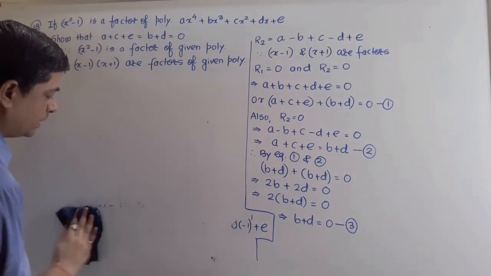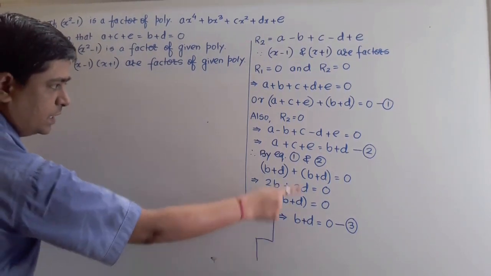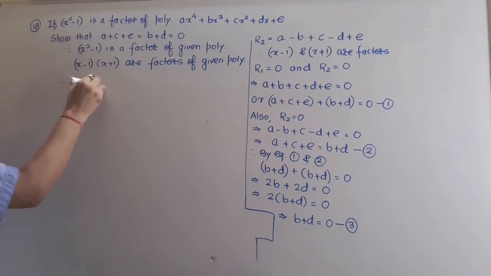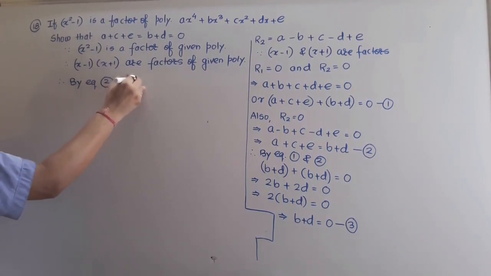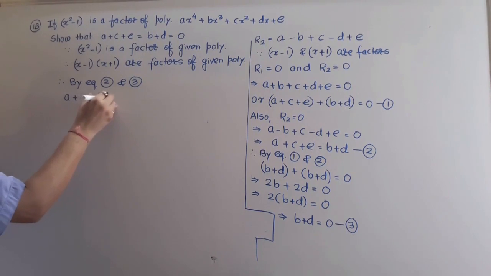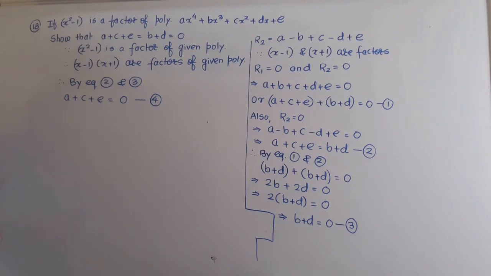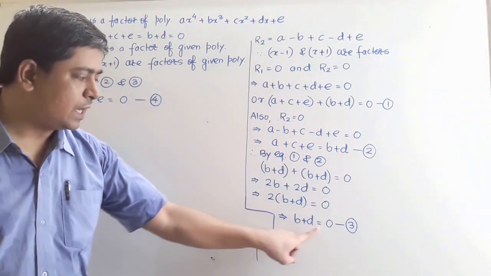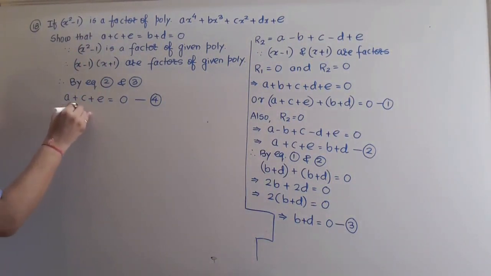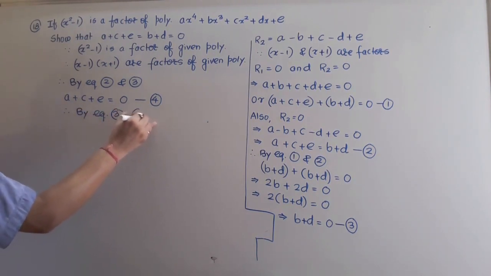So in the remaining part, the value of b plus d I am keeping in the second equation. So we can say that therefore by equation second and third, okay, b plus d value, if I keep it 0, so a plus c plus e will also be equal to 0. That I can say is my fourth and last equation. Remember, the value of b plus d I found 0 here, that I kept in equation number 2. You can conclude now by equation 3rd and 4th. Look carefully, equation 3rd and 4th.